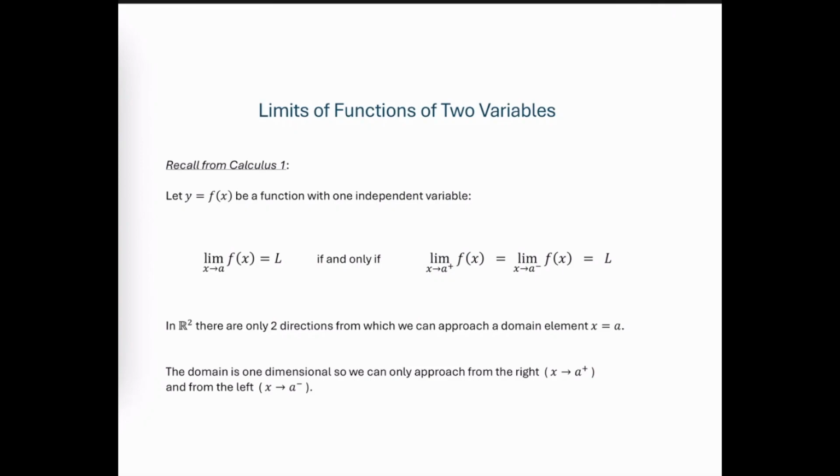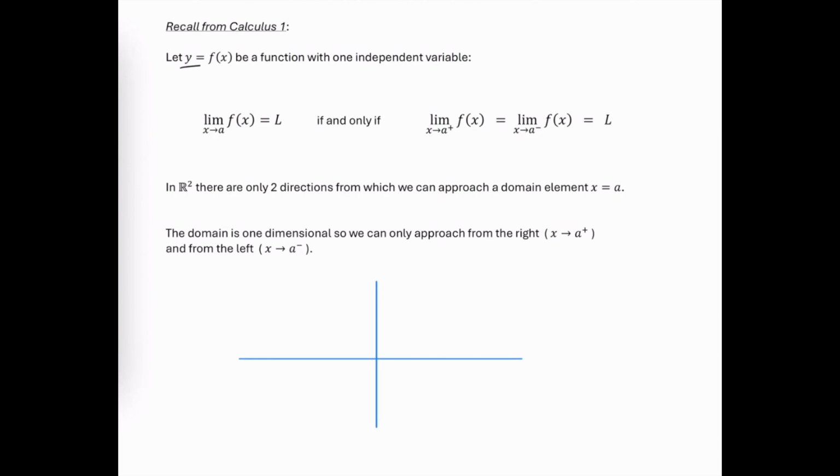We're now going to discuss the limit of a function that has two independent variables. And before we get started, we're going to recall how the discussion of limits went in Calculus 1 when there was only one independent variable. In Calc 1, when we had a function y is equal to f of x,